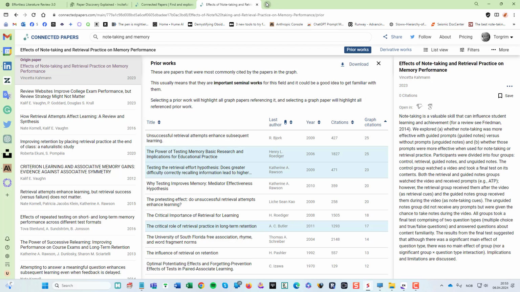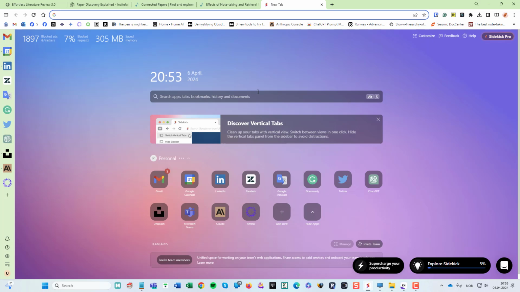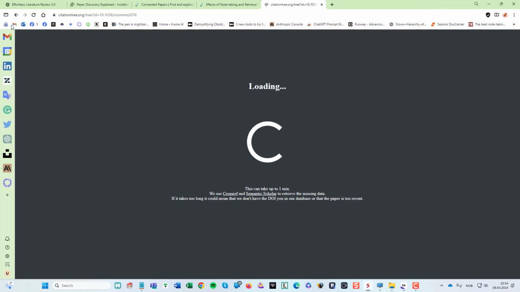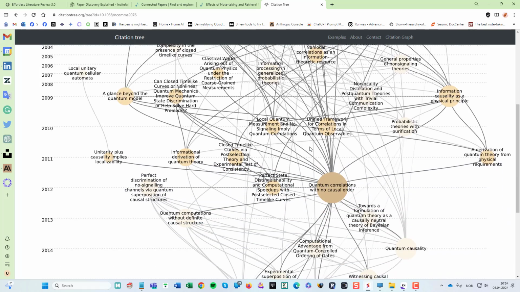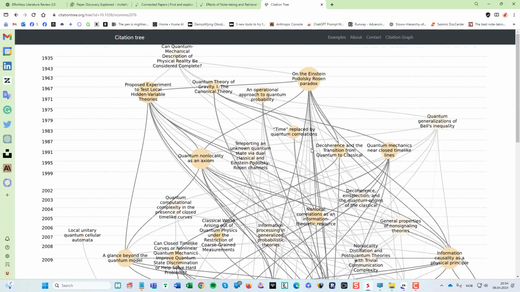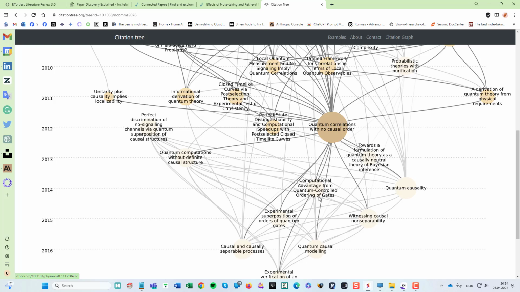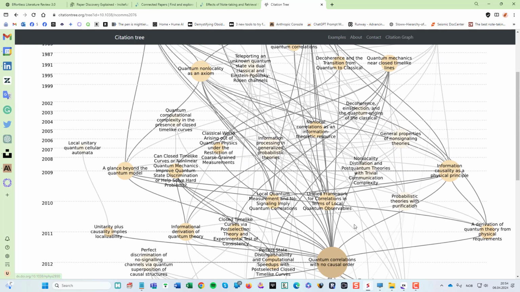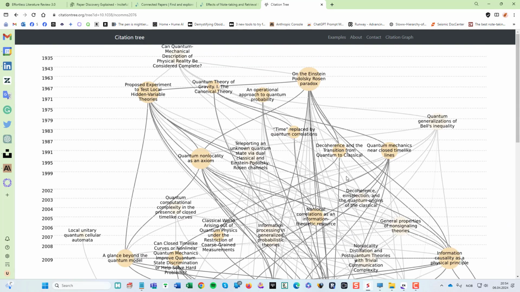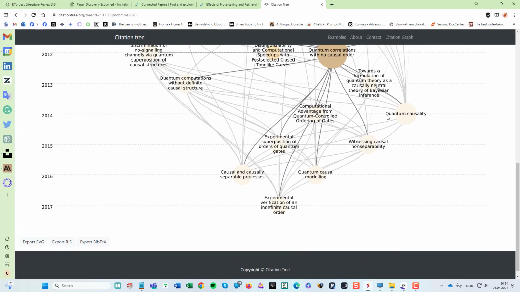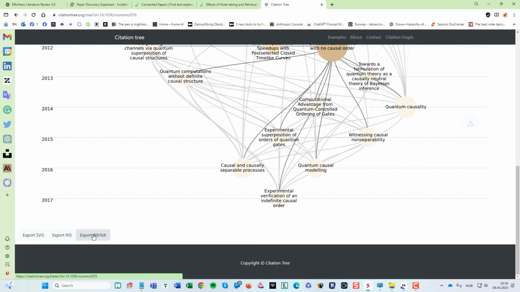You can see this also if I, for instance, go to CitationTree. This is a little bit the same as Connected Papers, but this is a citation tree. On the bottom, you will see papers that cite your seed paper, the big one in the middle, and also the references and second citations on the top. It's not as advanced as Connected Papers for finding similar papers. It just uses the citation and referencing between papers. But you see, if I go down here and export these references,